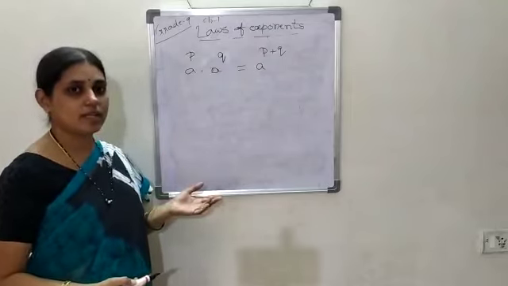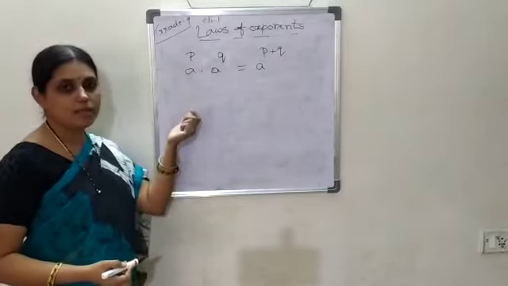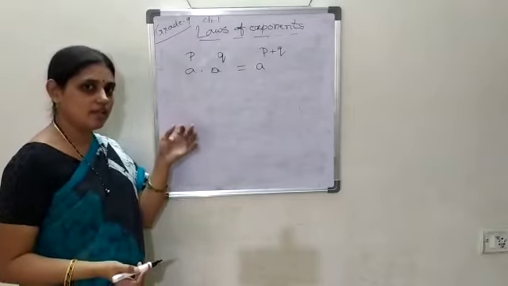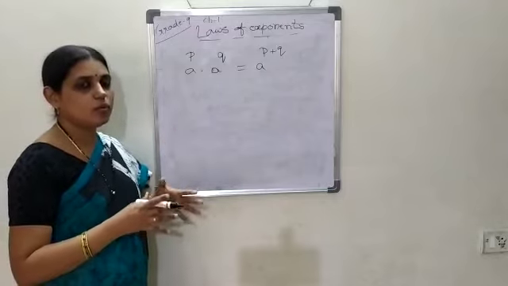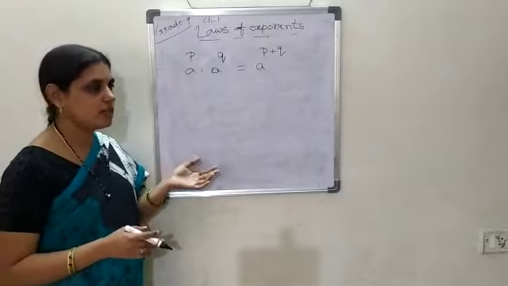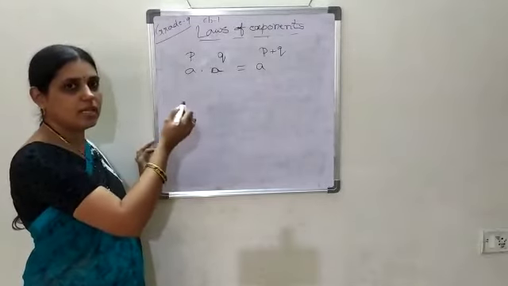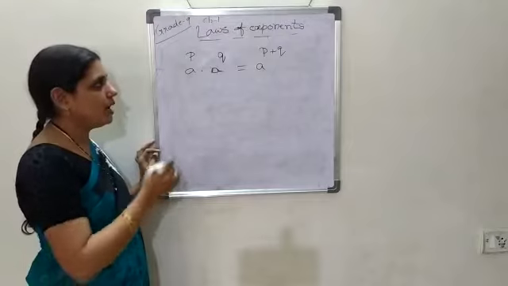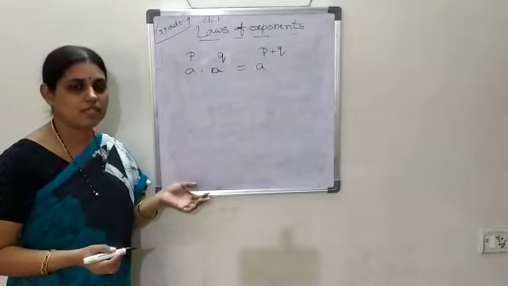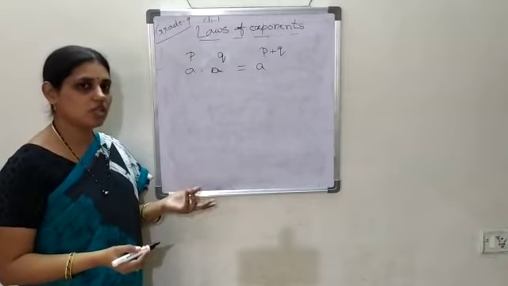As already you know, what are real numbers? Yes, you may be correct. Real numbers may be rational or irrational numbers. That means real numbers include both rational and irrational numbers. So here the laws of exponents we are discussing for real numbers now. Here a is any positive real number, and p and q are any two rational numbers. Rational number means the number which can be expressed in the form of p by q, and real number means it may be rational or irrational.